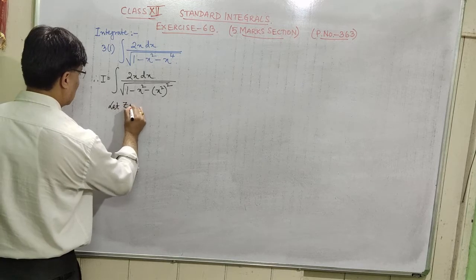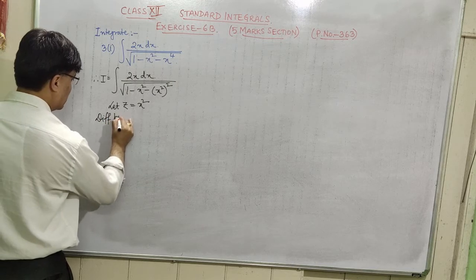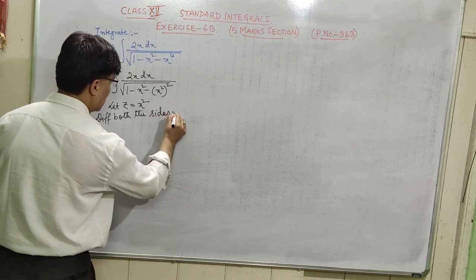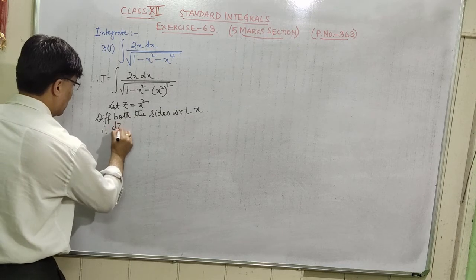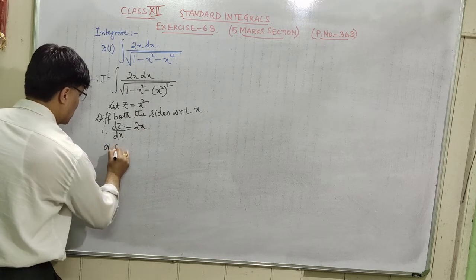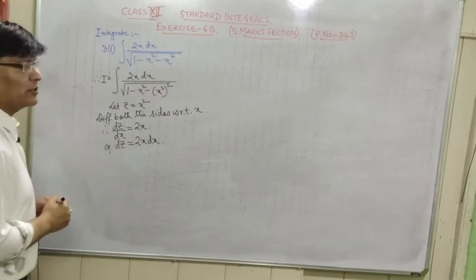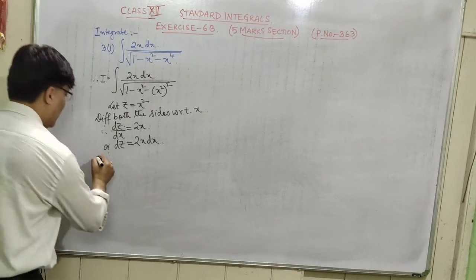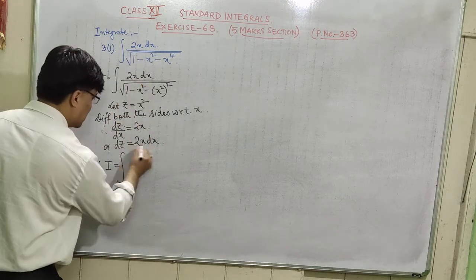So let z is equal to x square. Differentiating both the sides with respect to x, therefore dz by dx is equal to 2x. Now you can do cross multiplication, dz is equal to 2x dx. That means the value of 2x dx is dz, right? So therefore what is I? So I is equal to integration of, what is 2x dx? It is dz